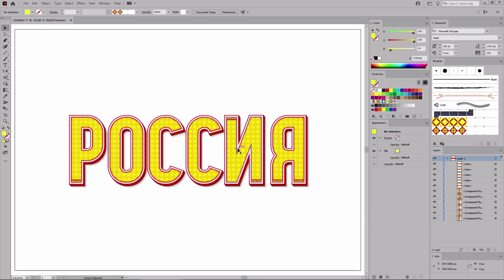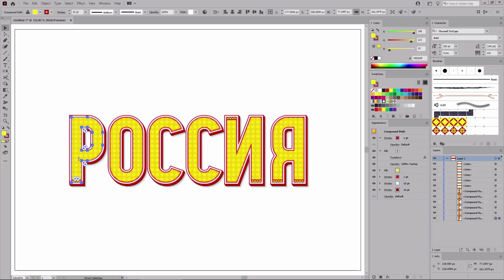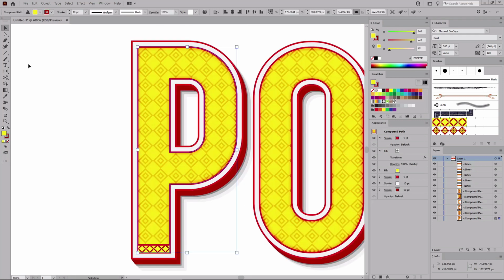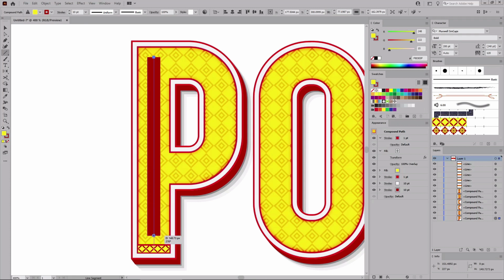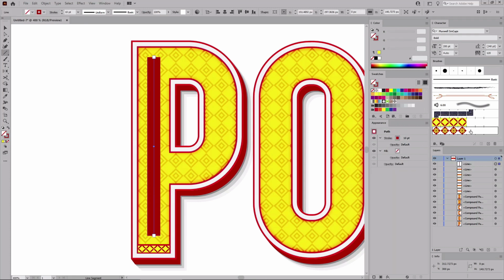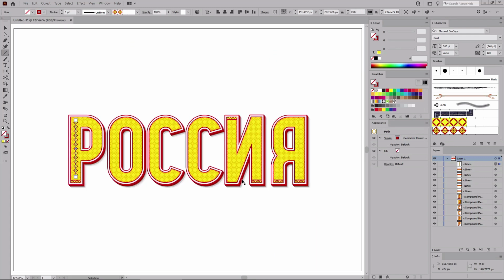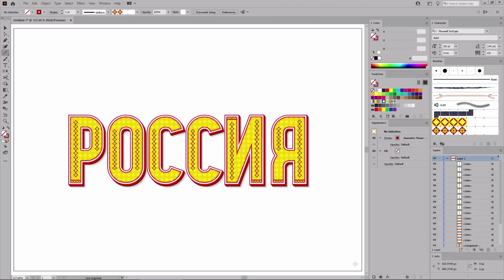Press Ctrl 0 to zoom back on your entire text effect, select just this letter shape and zoom in on it, and then reselect the line tool from your toolbar. Hold down the Shift key to easily create a vertical path that's somewhat similar with this one. Apply your new pattern brush, and then you can continue and use the same technique to decorate the rest of your letters until you end up with something that's somewhat similar with this. Once you are done, your design will be complete.